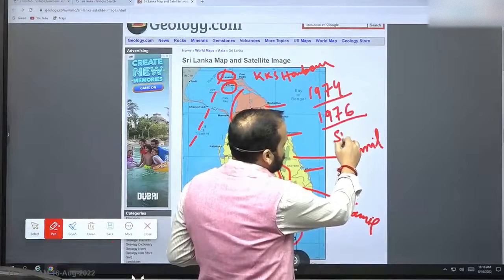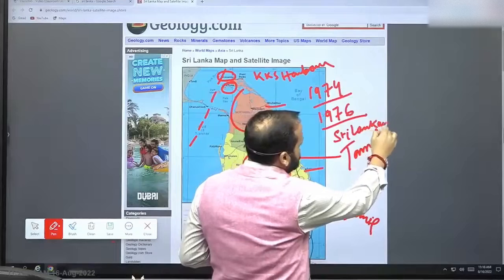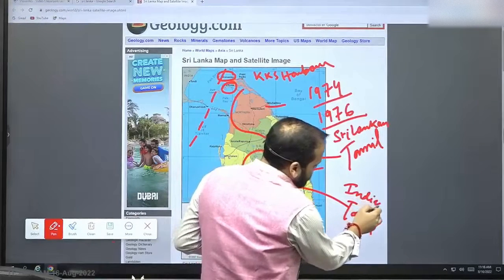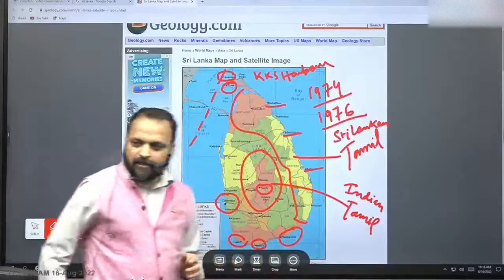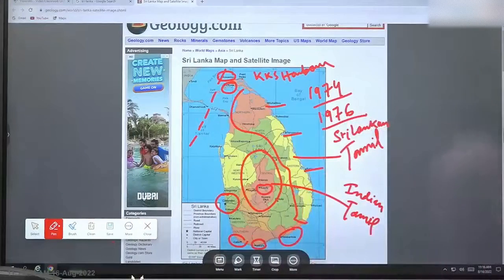So in Sri Lanka you have the Tamil community which is called the Sri Lankan Tamil community, and another community which is called the Indian Tamil community. So northern and eastern parts of Sri Lanka are majorly the Sri Lankan Tamil community. What is the difference? These